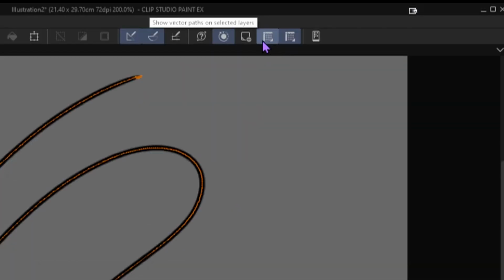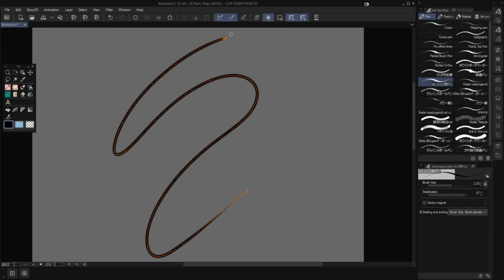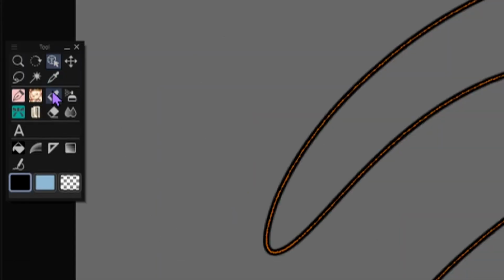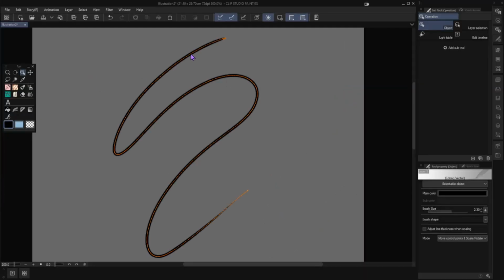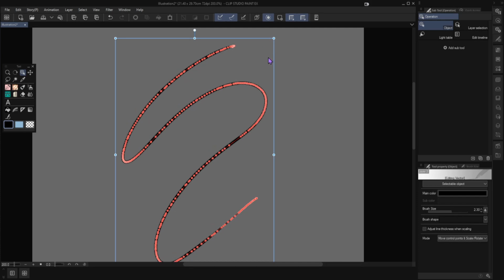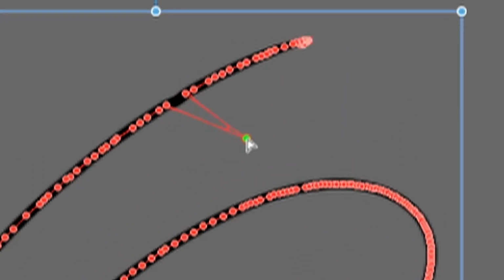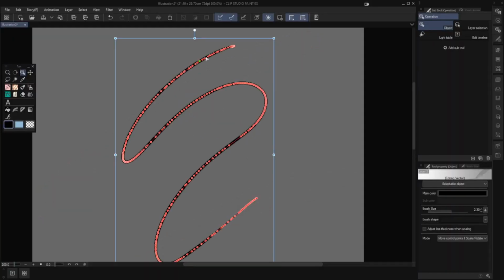Up here I have a little option that lets me see all the control points on my vector lines, and with this little operation tool, a little arrow with a box, you can actually either drag the whole thing or single points. Though since this line here has so many points that you would just squeeze around a tiny fraction of your vector line,